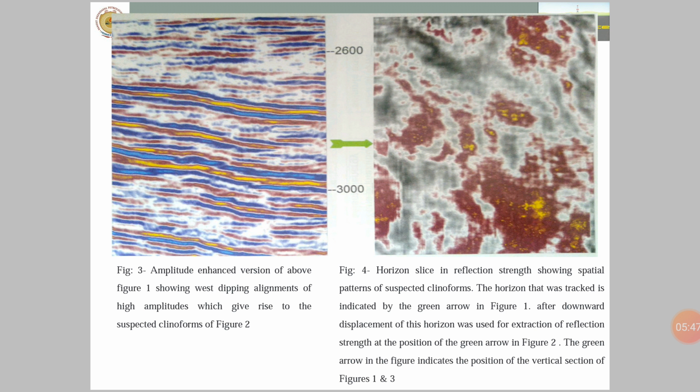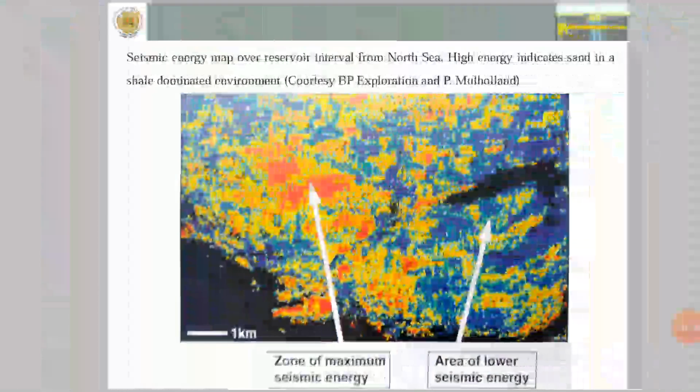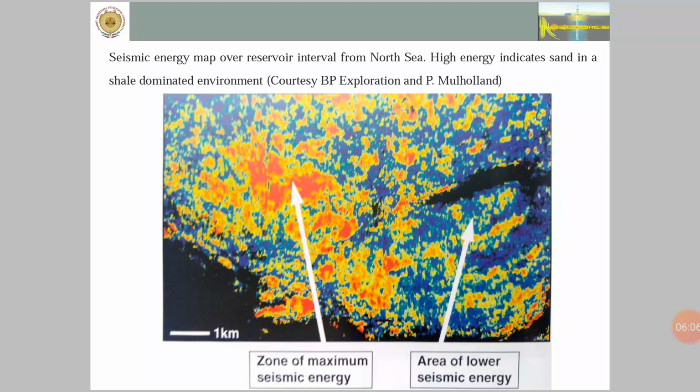As we see this diagram, we can understand that there is a four-way closure to the southeast of this horizon slice, and then there are two nosing features, one on the northwest and one on the southwest. We go to the next slide, in which we have tried to understand the seismic energy over the reservoir interval